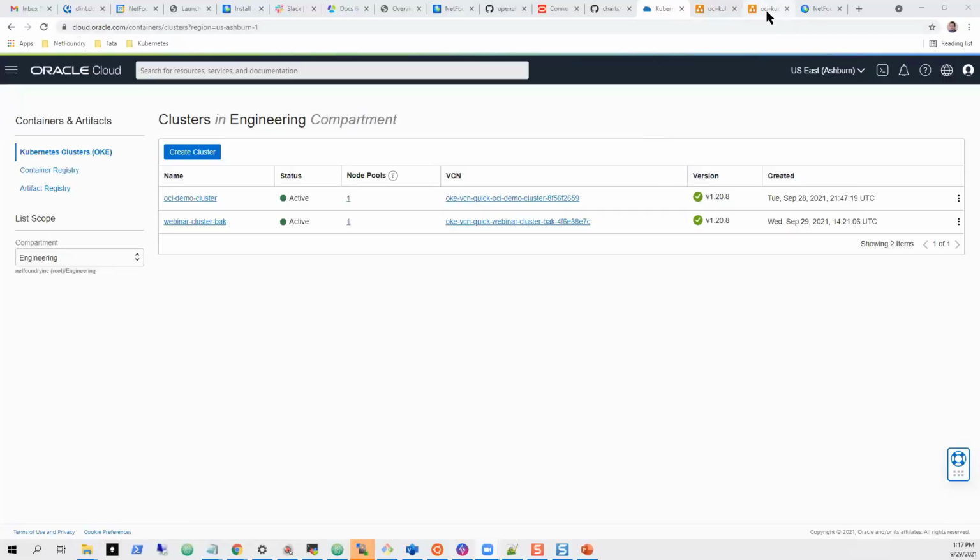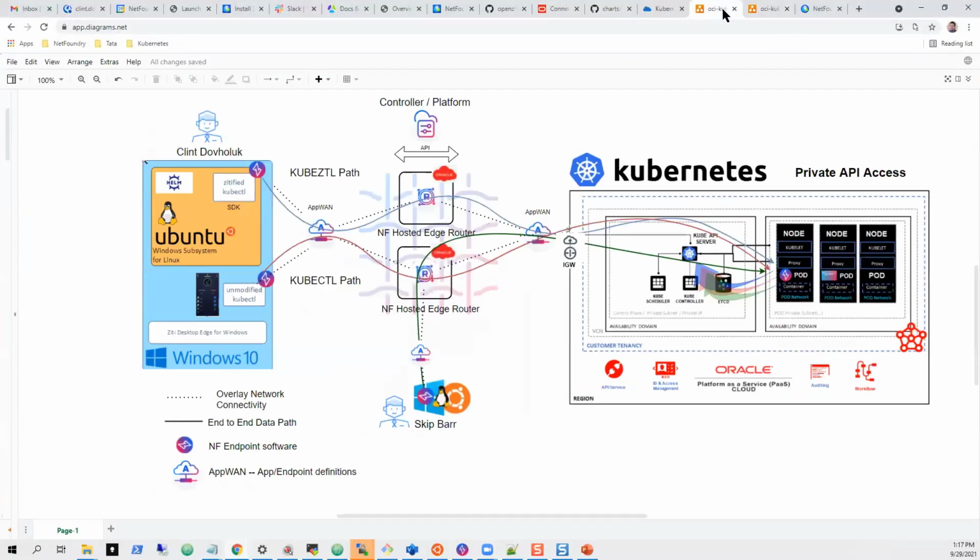So that's exactly it. I'm just going to take you through a few of these scenarios, get it up and running for my half, and then I'm going to let Clint, one of our senior developers, show you taking it to the next level, embedding our SDK into the kubectl binary, and also getting access to all this infrastructure.